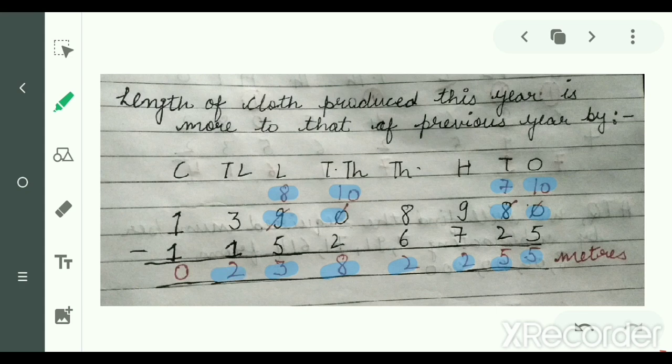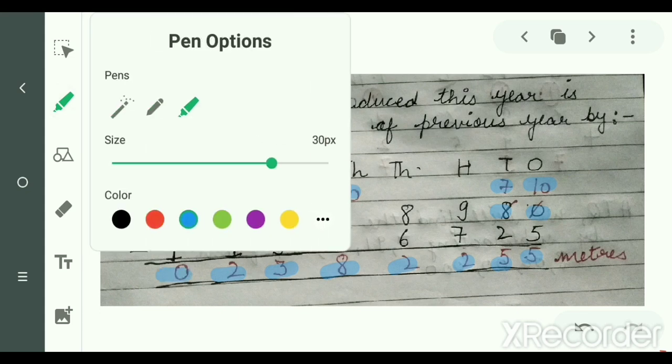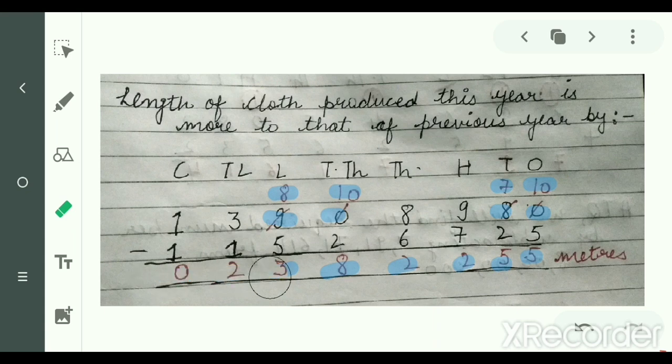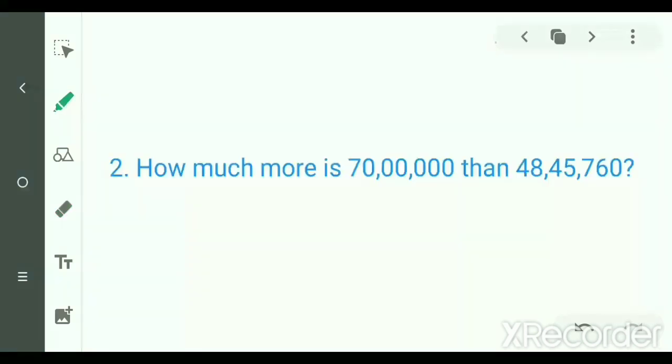And at crore place we have 1 minus 1. So this will be 0. So now we have calculated how much more length is produced this year as compared to the previous year. So the more length produced is 23,82,255. Question number 2 is how much more is 70 lakh than 48 lakh